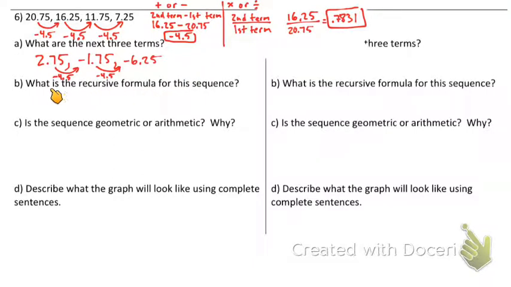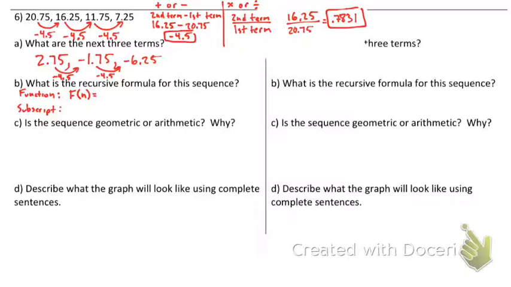Okay? All right. So your quiz today is very similar to part B. What is the recursive formula for this sequence? Okay? So if you remember from Tuesday, we have the function form. So be comfortable with both. And then we're going to do the subscript. Okay, so we're going to write these formulas. Okay, I'm going to call this sequence function F. So we're going to use the letter F. So function F, parentheses, we're using the variable n again,